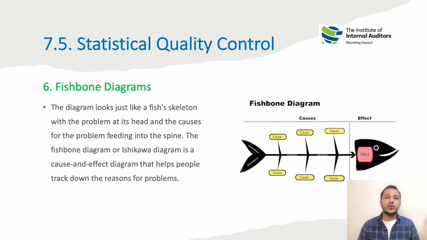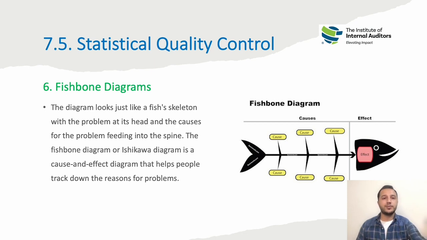So there could be multiple causes for one big issue, and that can be charted out in this fishbone diagram. It is just a presentation which says that all these small causes lead to one big effect, and they are all somehow interlinked. So this is just a graphical presentation, and this is also a way by which we can display our data, assess the quality of a process, identify any issues within that process, and try to mitigate those issues